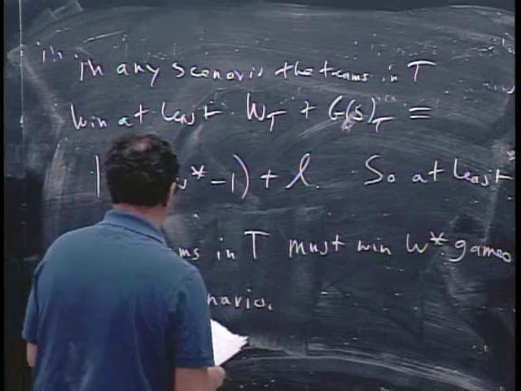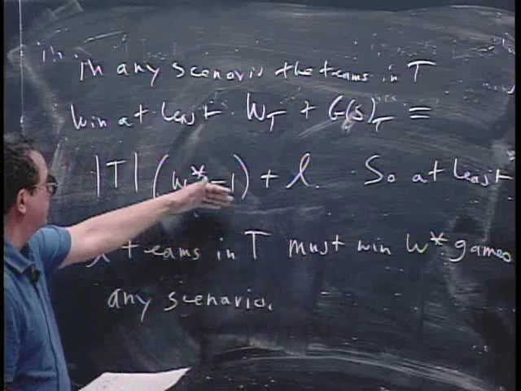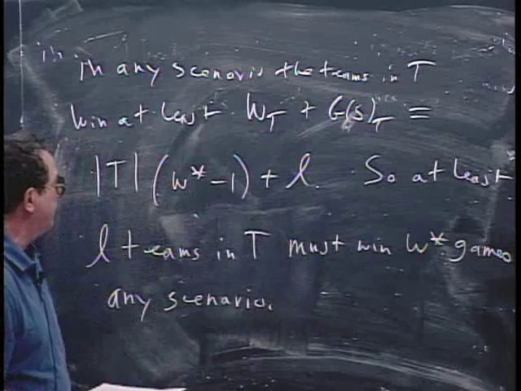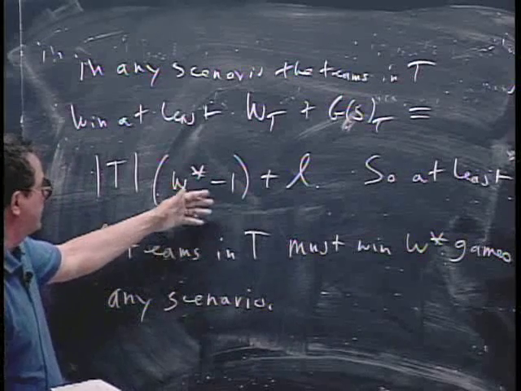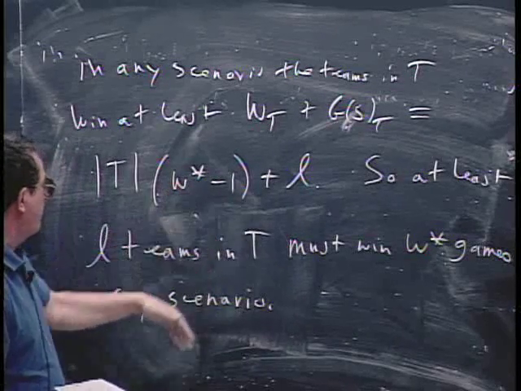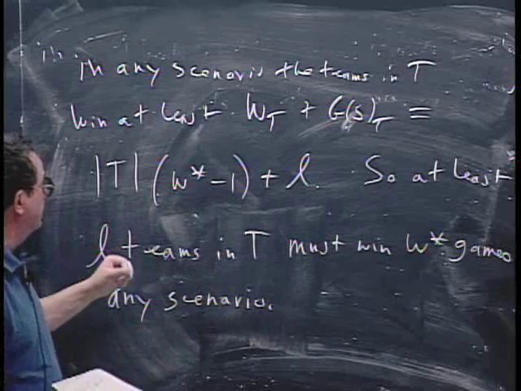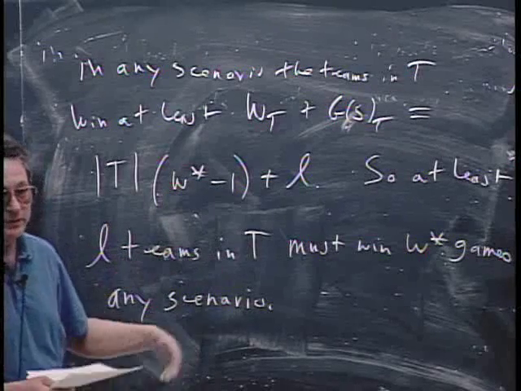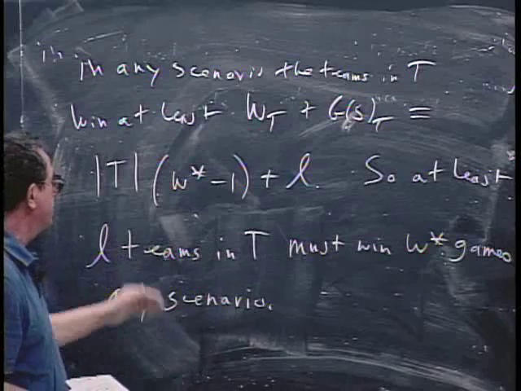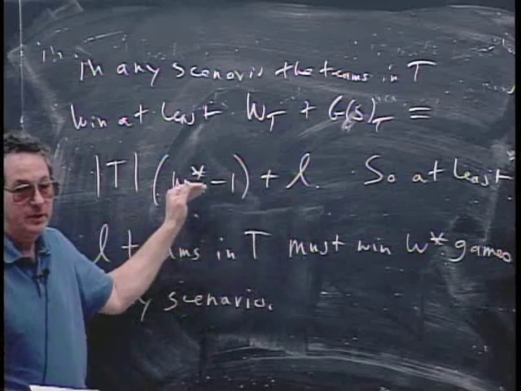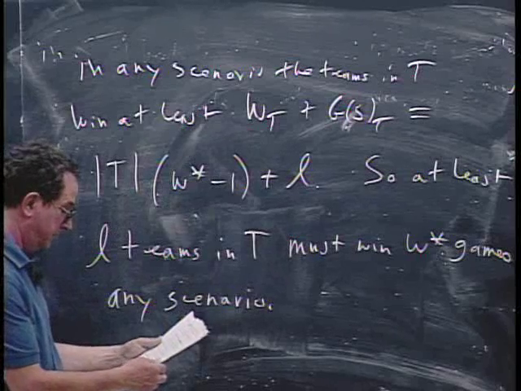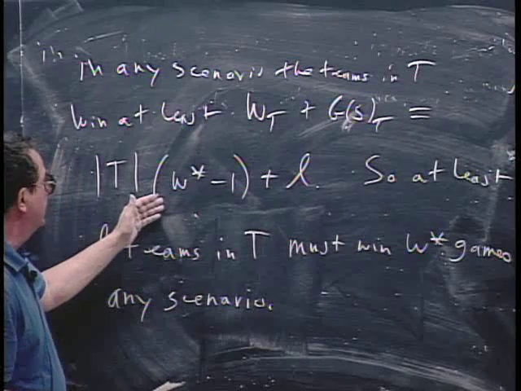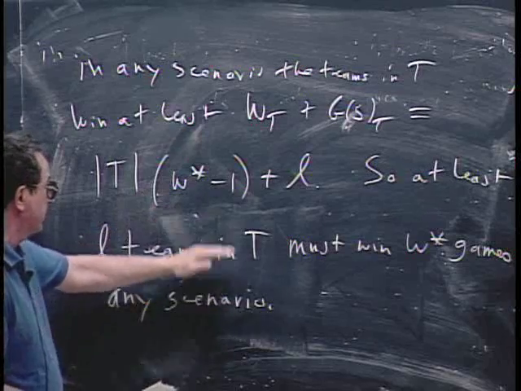Well, this is just arithmetic. When I read this in preparing for the lecture, I went off to the side and did a little calculation. Suppose there were L minus 1 teams that win W star and all the rest win W star minus 1. It doesn't add up to enough. Okay, I can let you do that on your own because we're running out of time. So instead of showing you that little calculation, I'll just tell you this is arithmetic which you can